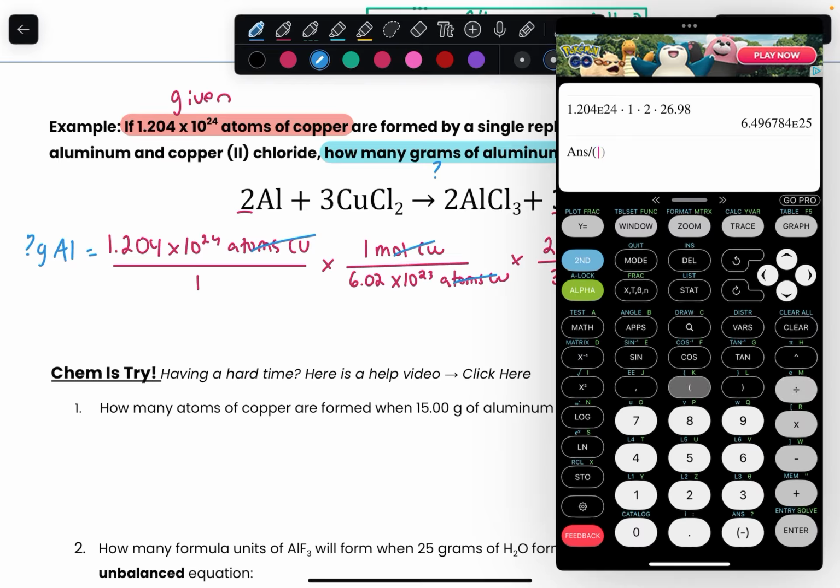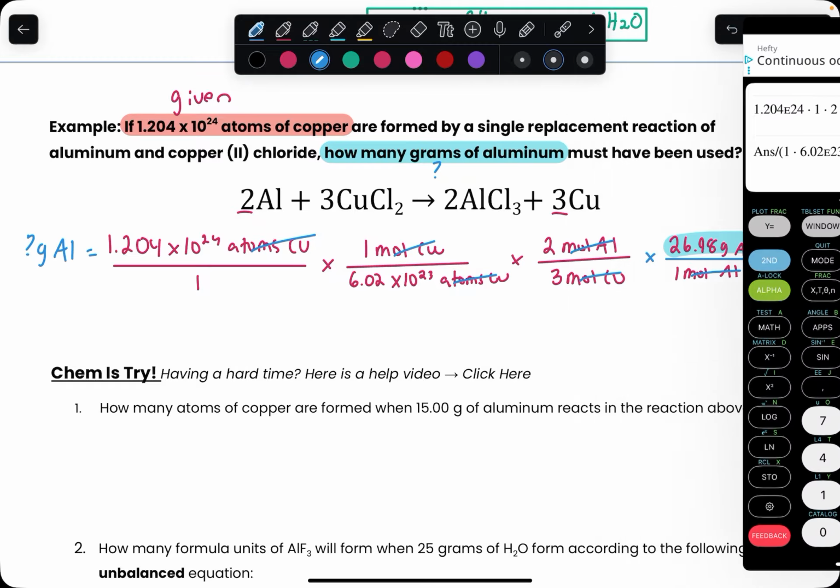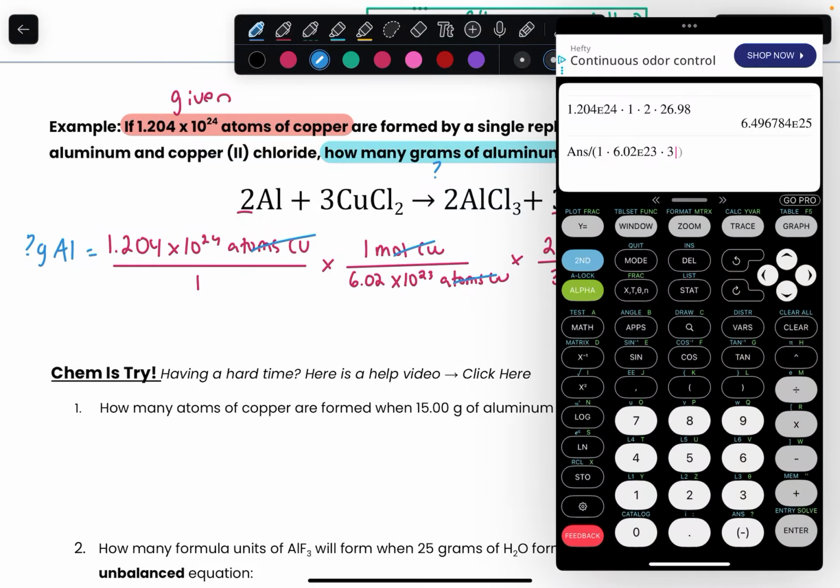We're going to divide by 1 times, now Avogadro's number, 6.02, second E to the 23rd. Multiply this, and again, we're in parentheses here to keep our order of operations correct, times 3, times 1. And what we're left with is 35.973